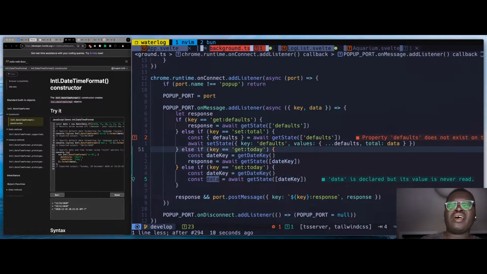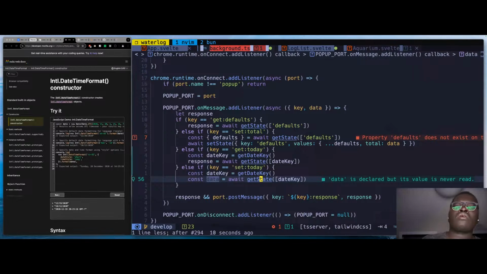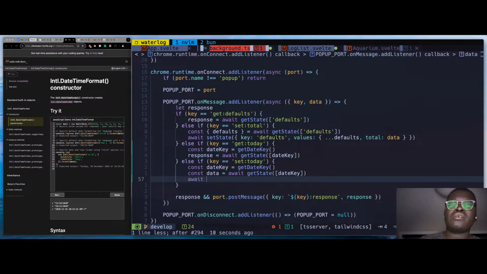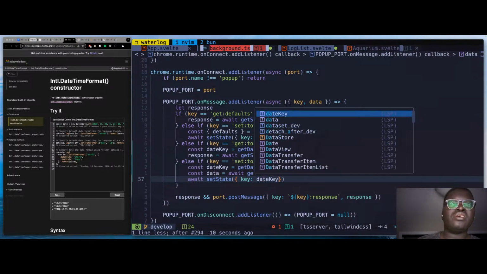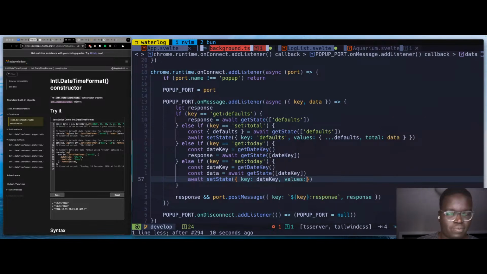Or maybe let me just have if key, no, if, okay, if key equals, okay, data await gets the date key, right? Then await set state. I guess I send in the entire state. Key would be equals date key, and values would be whatever the response